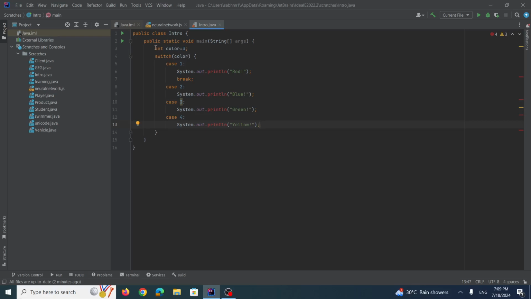So what is going on here? I've assigned the value of 3 to color. Color is a variable, by the way, as you can see from line 3. And after assigning the value of 3 to color, there are a bunch of cases over here. Case 1, case 2, case 3, case 4. So I assigned the value of 3 to color. So now the compiler is going to compare which case value is equal to the value I assigned to